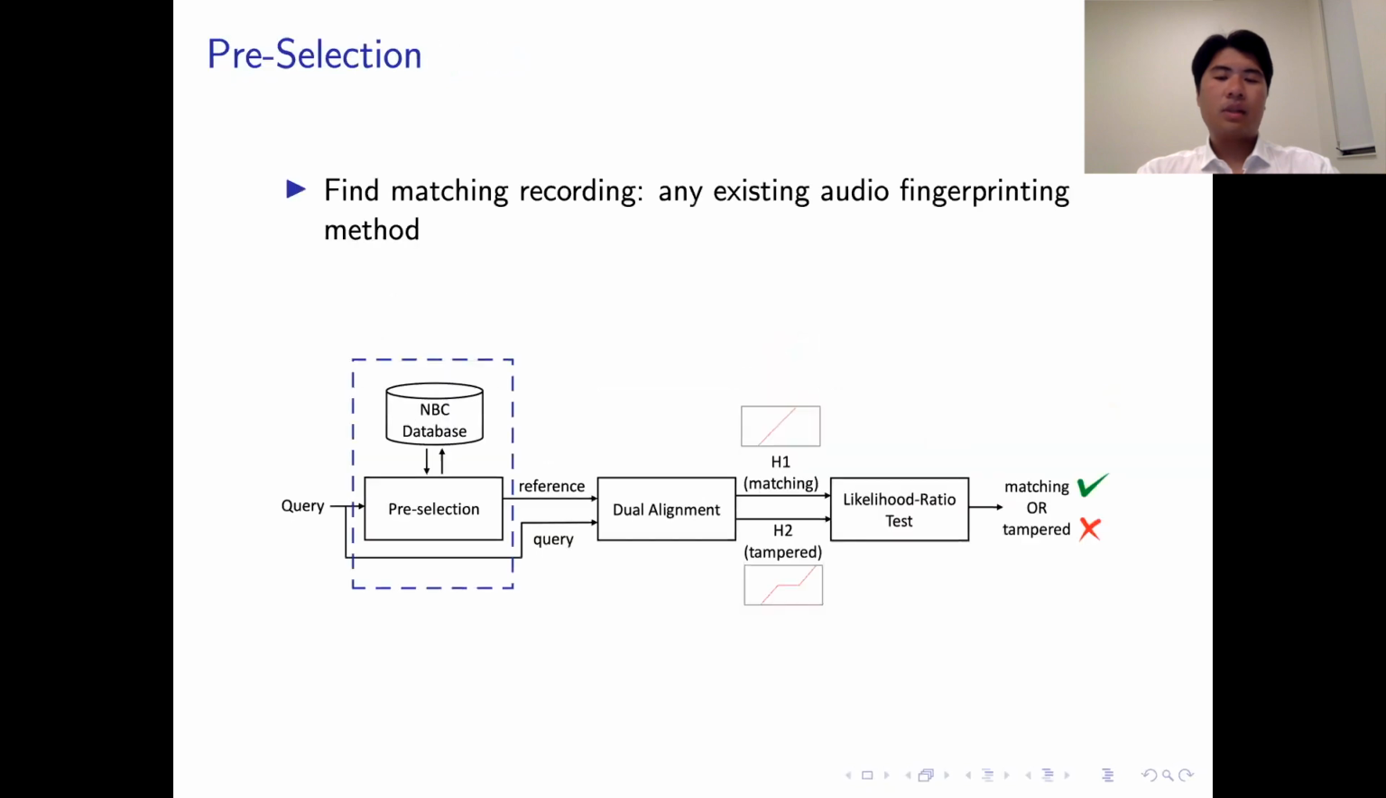The first step is pre-selection. In this stage, we find the matching audio content in a trusted database of broadcast news recordings. This can be done with any existing audio fingerprinting method. Audio fingerprinting has been solved for most practical purposes, and in our work, we simply assume that the matching reference